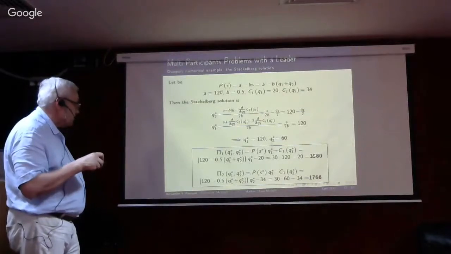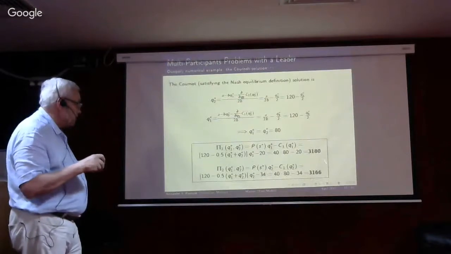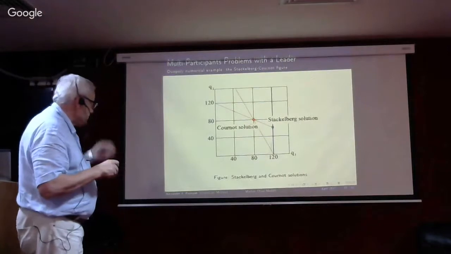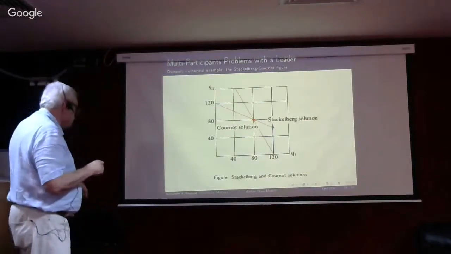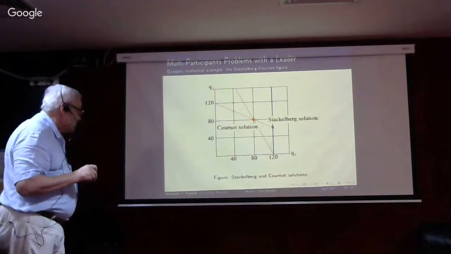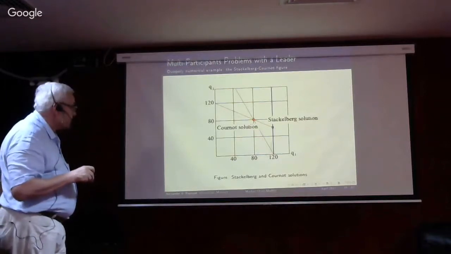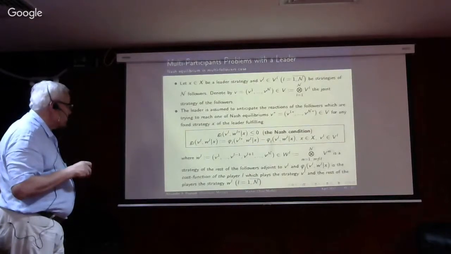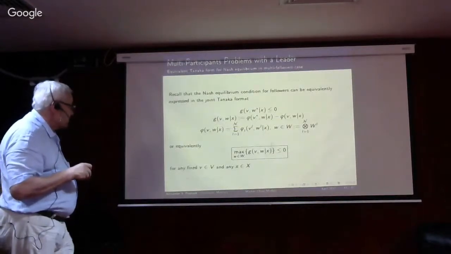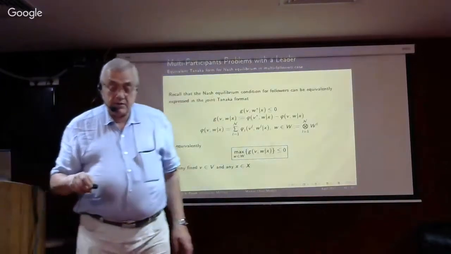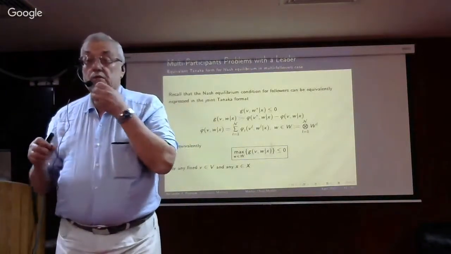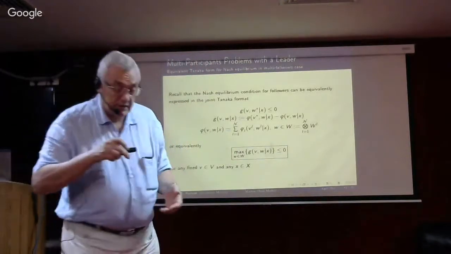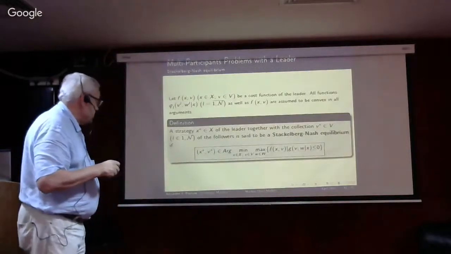This one has these values, another has other values. P1 is this, P2 is this, and for the other one this and this. So there is a difference. This is a graphic illustration of the difference between the Nash or Carnot solution and the Stackelberg solution. I will not explain. Then the extension to the multi-follower case, because in real practice maybe there are several leaders, not only one, several groups, and several followers.